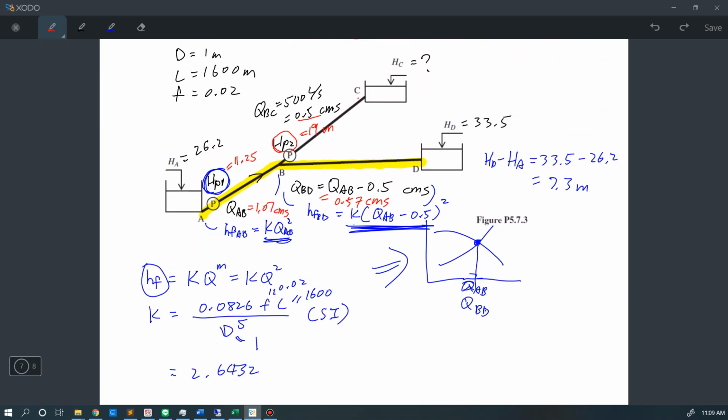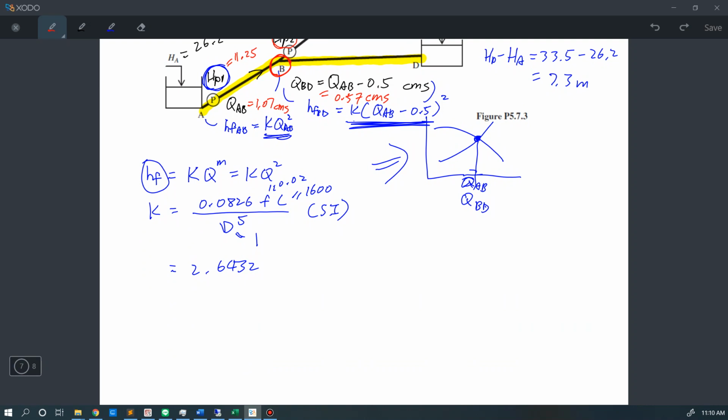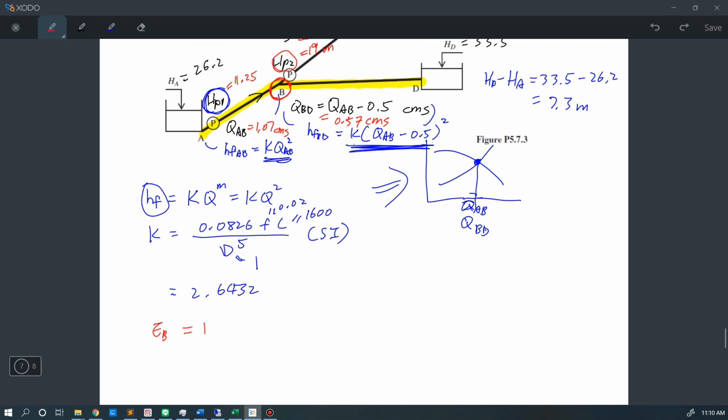We want to use the energy balance equation to find out this HC. To start with, let's try to find out the energy at this junction B. So the energy at the junction B will equal to HA